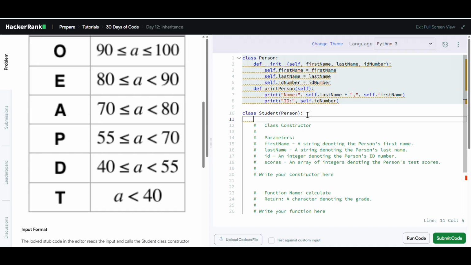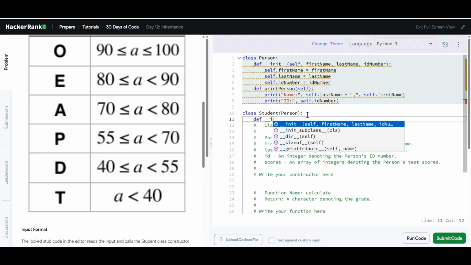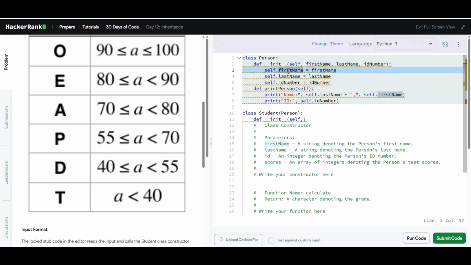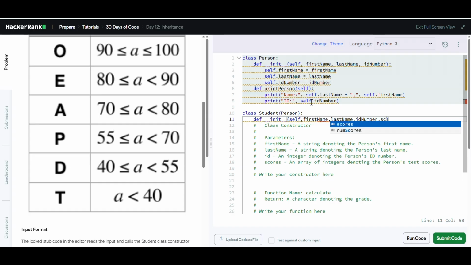The second step is to create the constructor. def __init__(self, first name, last name, ID number, and scores), which we need to take here.